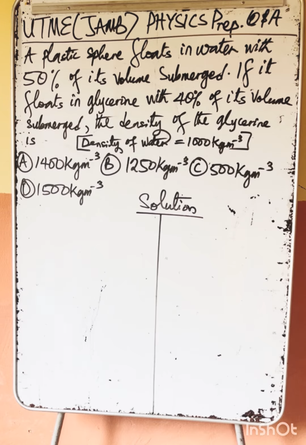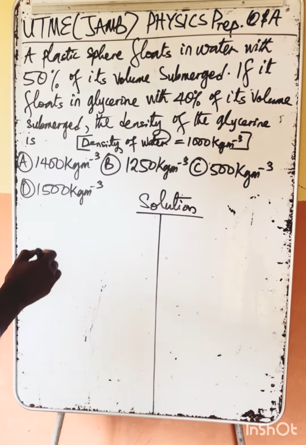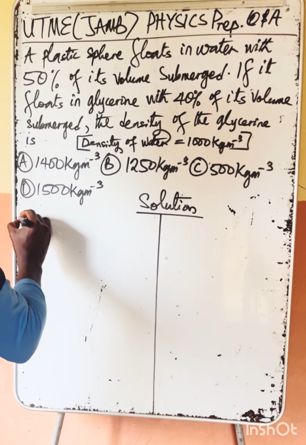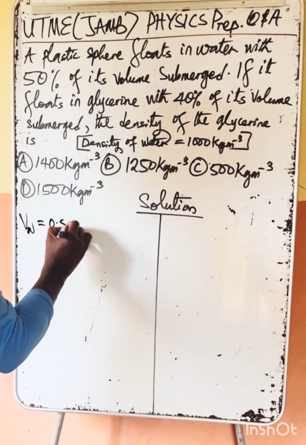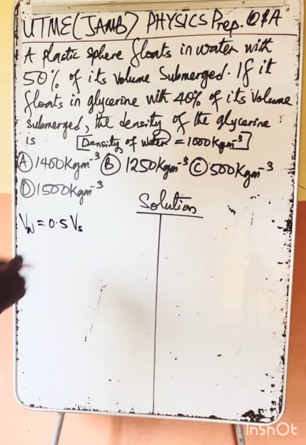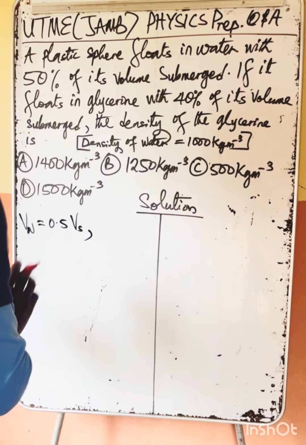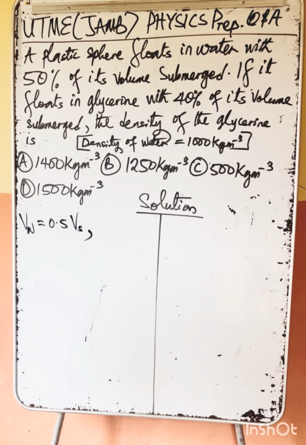Let's go. A plastic sphere floats in water with 50% of its volume submerged. So meaning that the volume of the sphere in water, Vw, is 0.5 of the sphere that is submerged, okay? Vs means the volume of the sphere, right? Then